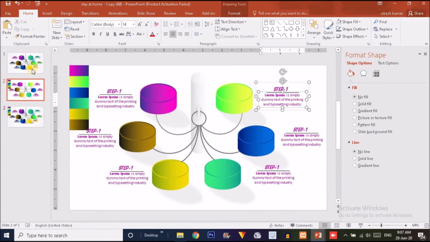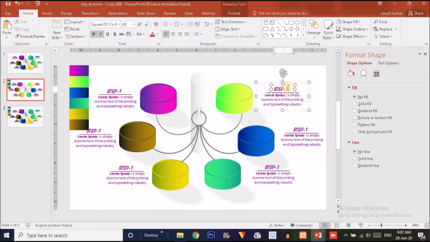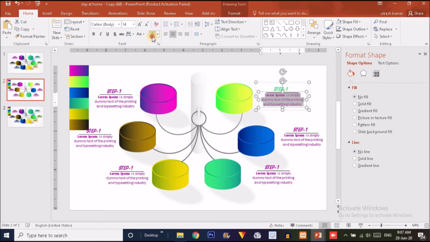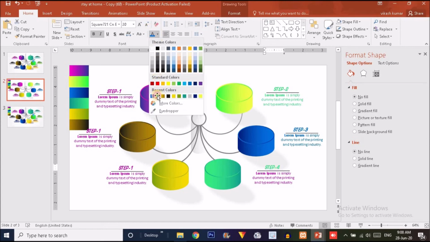So now it's time to change the color of these text. So I'm going to use different colors. So I'm going to use green color for this text group, and along with that I'm just going to change the step. This is step 2, and for step 3 I'm going to use a blue color like this. For the body I'm also going to use blue color, and this is step 3, so I'm going to change it to 3, and for this I'm going to change it to 4 using green color for this text.